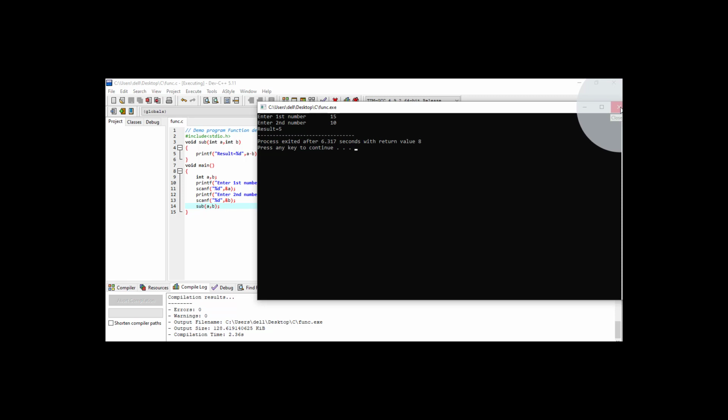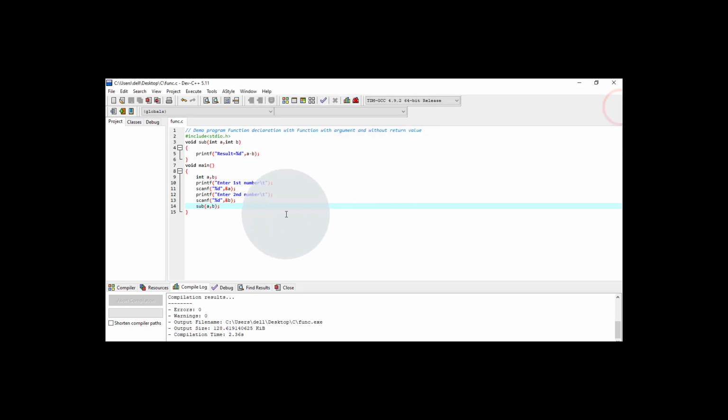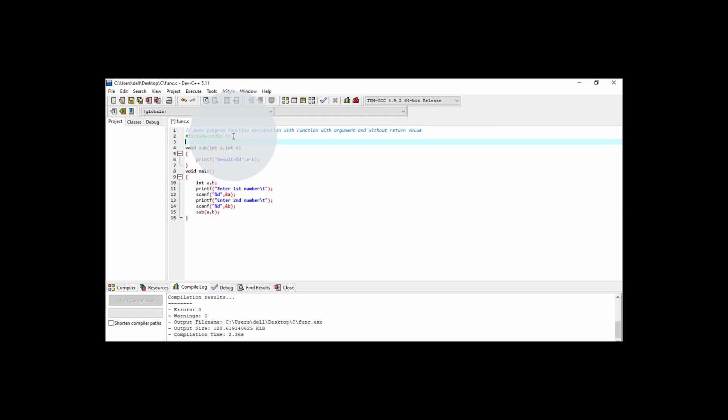So what I'm going to do in this program is create another function to calculate the average of the numbers. I'm creating a function with void, and the name given to this function is abz. This function will take 5 arguments.